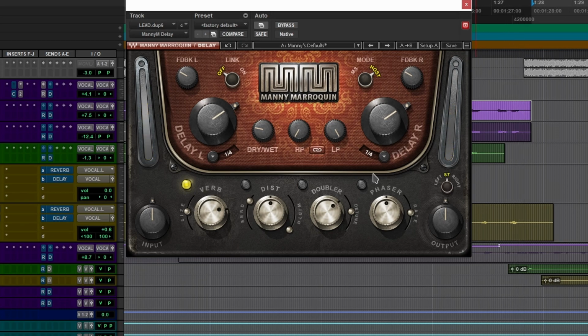I know, by itself it sounds horrible. Now we also got these sliders here. So if we focus on reverb, size,